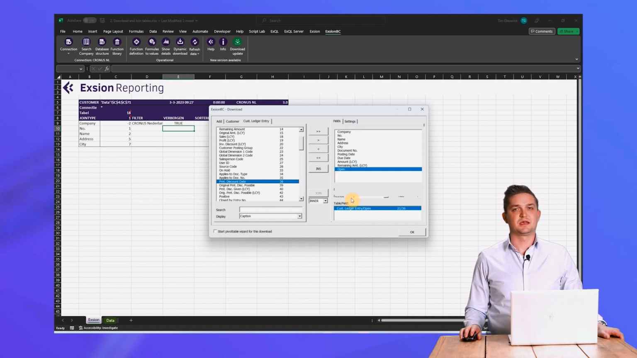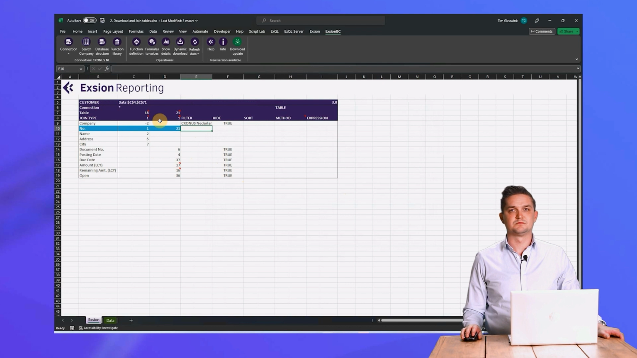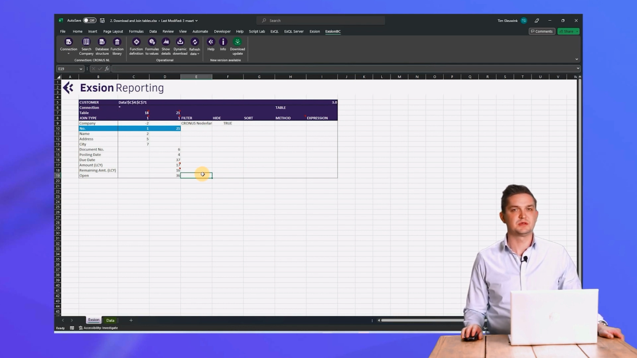Now I click on the OK button, and we will see that the definition has changed. Beside table 18, where these fields are from, we now have table 21, where these fields are from. Of course, we want to see all the fields that we added to the table, so we delete all the following trues. On the field Open, I'm going to put a filter, because we want to see the open customer ledger entries. Now that we have all the correct data, I will click on the refresh button